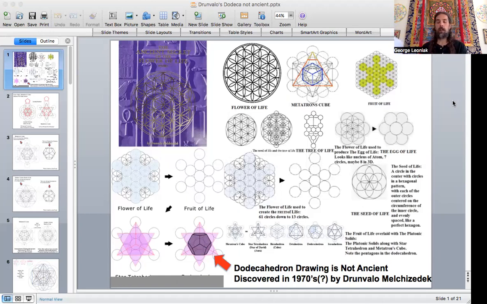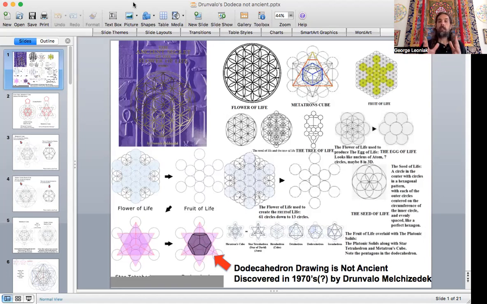And I think it's important to realize that even though it's in a book called The Ancient Secret of the Flower of Life, that doesn't mean that throughout history, people have been drawing this dodecahedron. The reason I'm doing this video is that, in my other videos, I've illustrated that the dodecahedron in that diagram doesn't continue to blossom within the other patterns. You can't really build off it because the phi ratio is not accurately represented there.